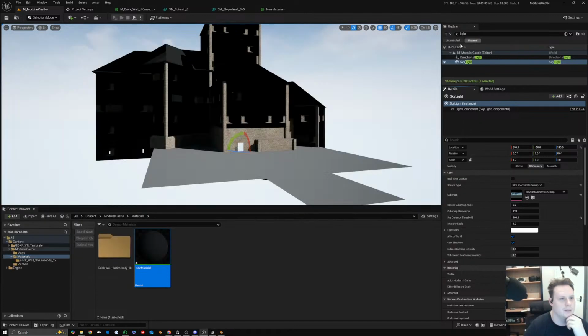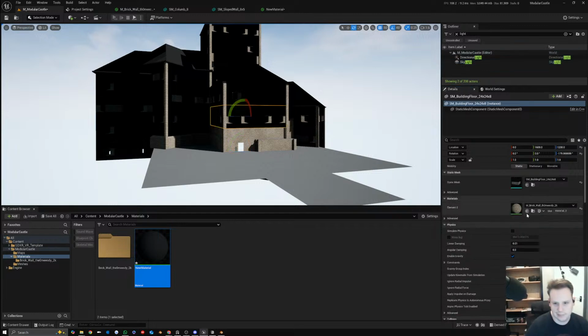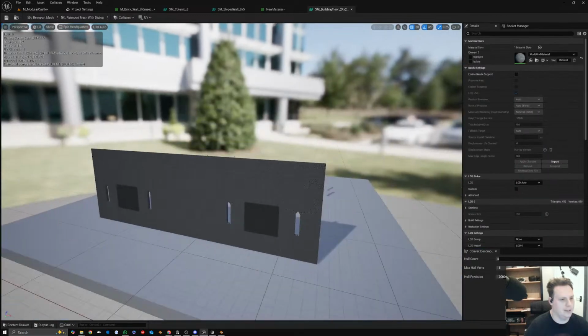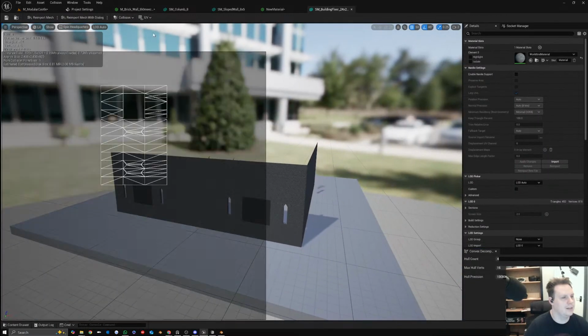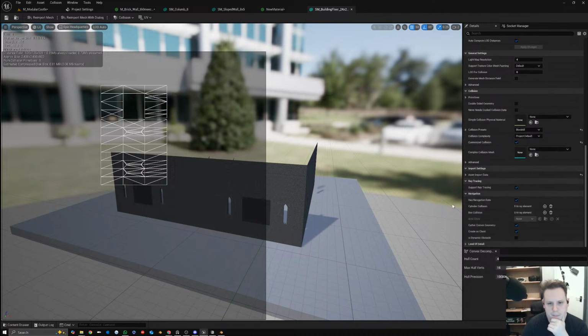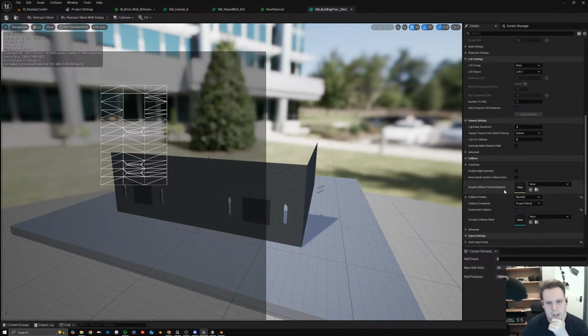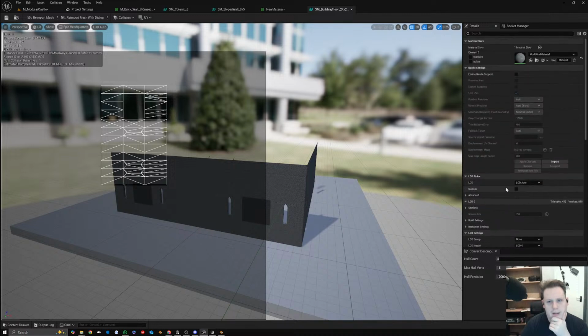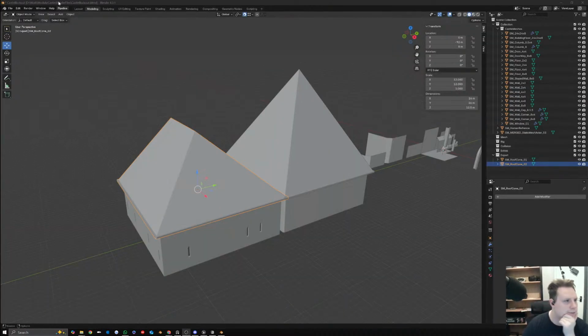Okay. Ooh. Ouch. Oh, it didn't actually create a light map. We also don't have distance fields, which is a bit of a weird one. We don't need them. But I wonder if